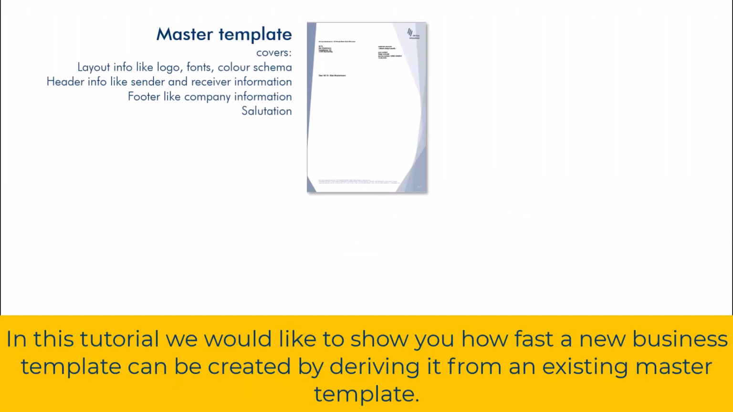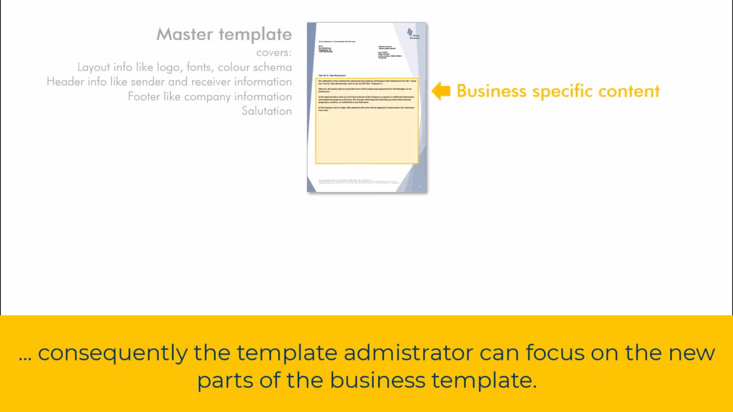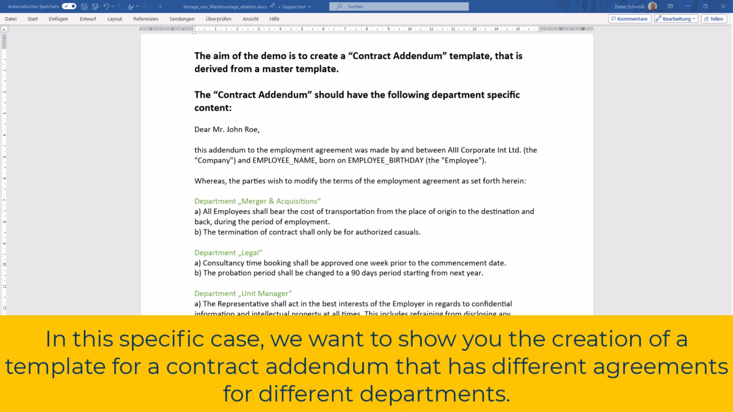In this tutorial, we would like to show you how fast a new business template can be created by deriving it from an existing master template. Crucial parts like the layout, header and footer, salutation, etc. are already implemented in the master template, and consequently the template administrator can focus on the new parts of the business template. In this specific case, we want to show you the creation of a template for a contract addendum